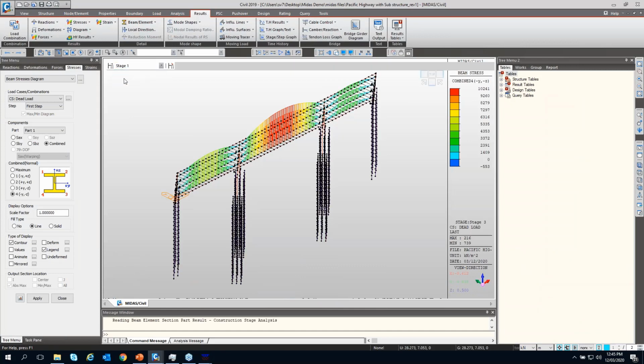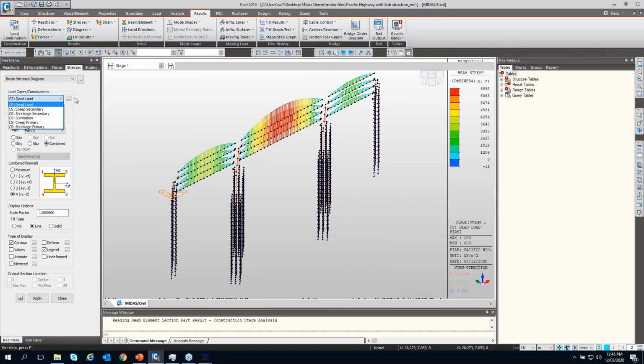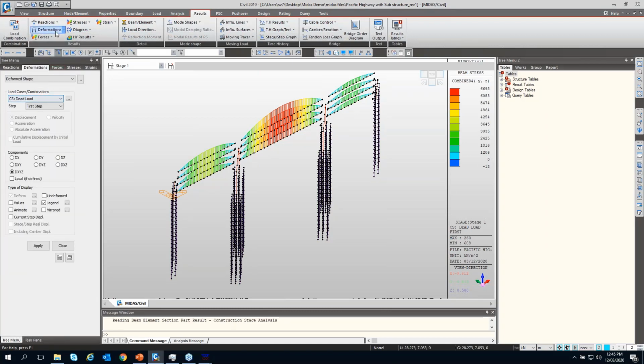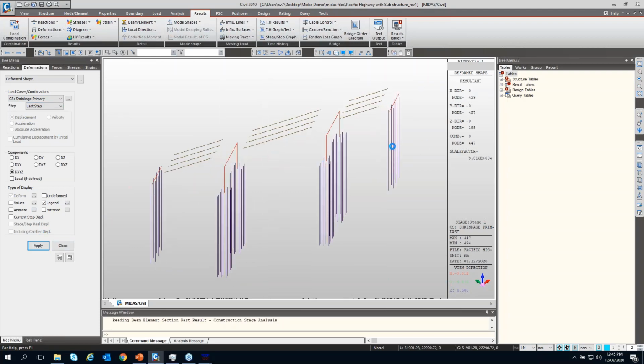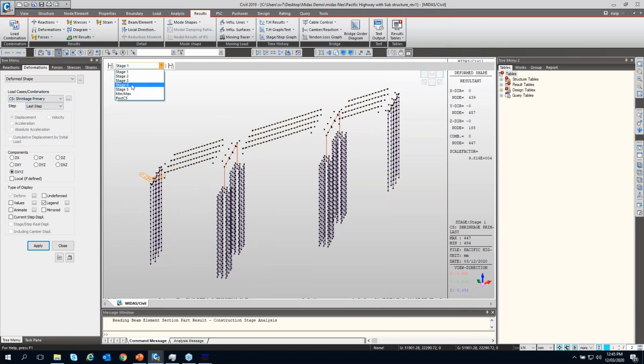Let's see the strains in stage 1. So you only get deformations for creep and shrinkage primary, which is the applied deformation. Let's just check shrinkage. In stage 1, let's check in millimeters. In stage 1, first step, there's not a lot of shrinkage. When you come to stage 2, also there is not a lot of shrinkage, but once you come to stage 5,